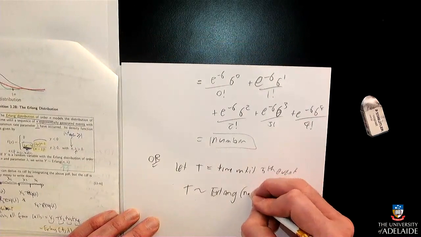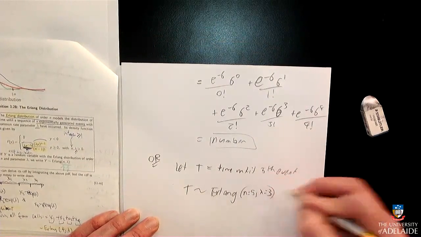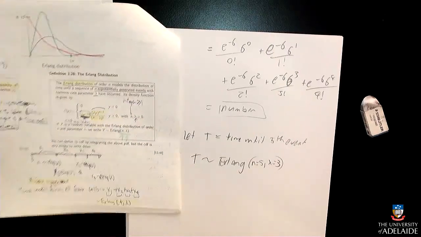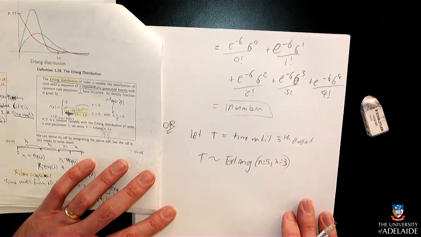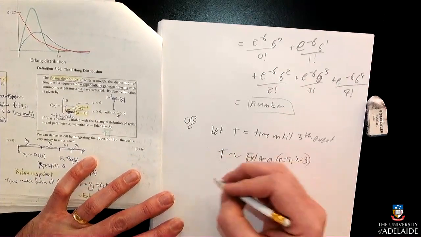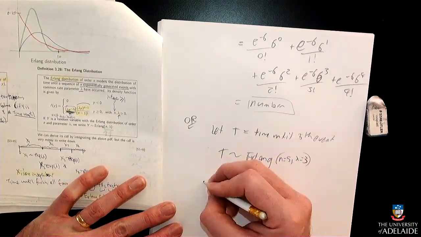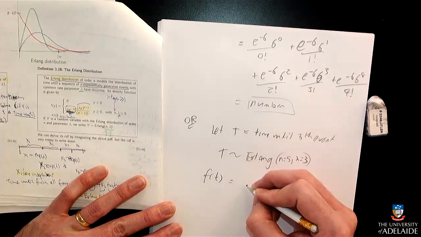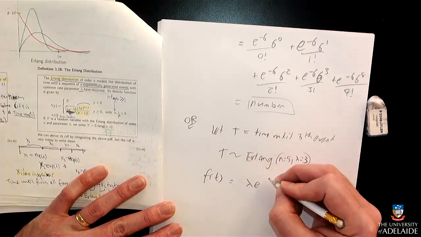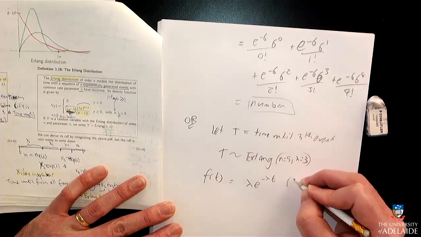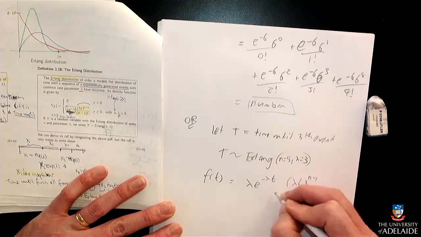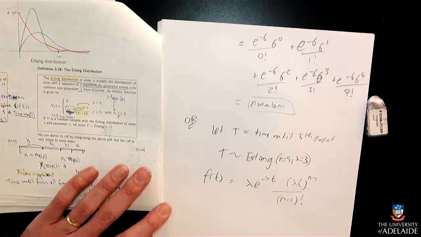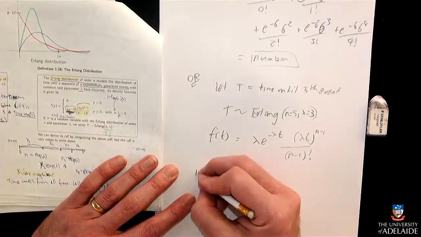So Erlang, n equals 5, lambda equals 3. That means we have f of t, lambda... cool, sweet. And so therefore the probability that I'm looking for,